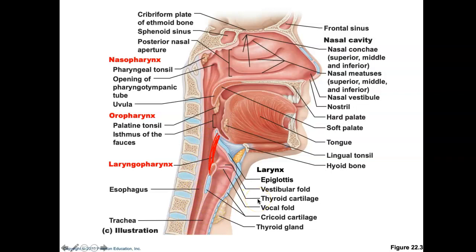So while we're here real quick, let's make sure that we understand the pathway of air versus food. So if I breathe in through my nose, right? If I have